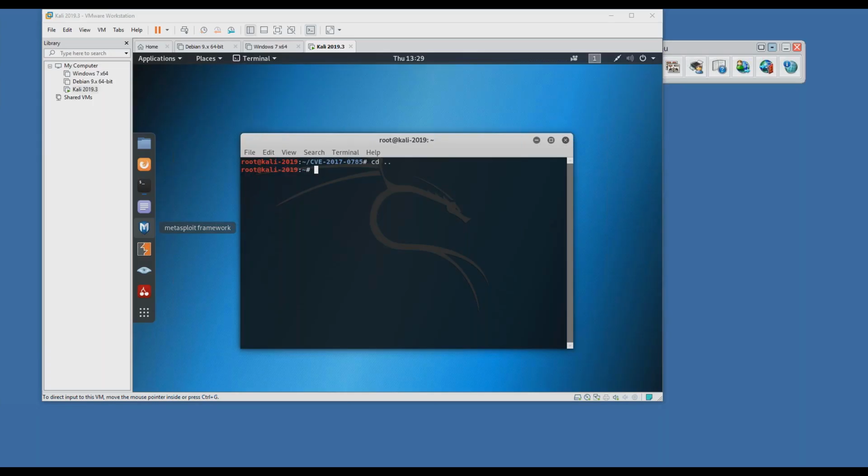It's called SigPlot. Let me see if I can find it on GitHub. SignalSploit. Here it is. I found it. Okay, so to get it, we're going to have to go to git clone, right? And it's going to be HTTPS